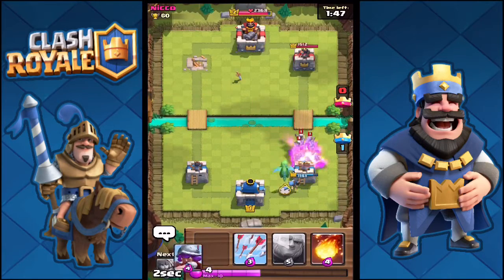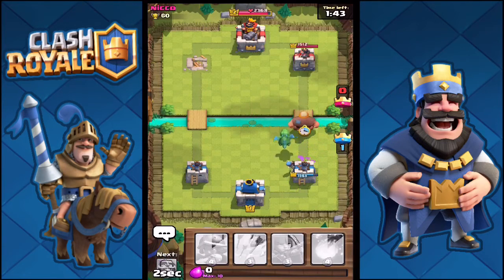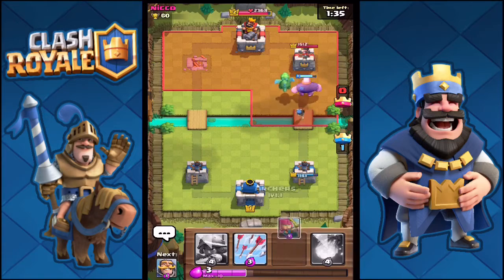Bomber dragon just to defend that. May as well stay safe. Giant down. I don't know why I'm attacking this side. It's a bit pointless, but may as well completely destroy the guy. I feel bad doing this, but